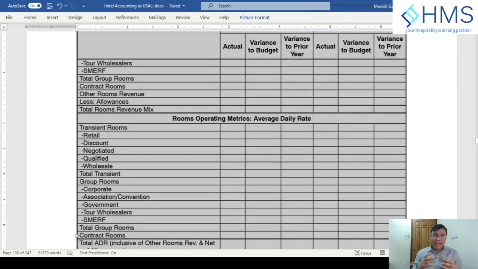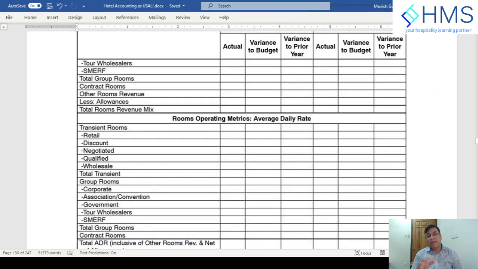The idea here is really to understand the revenue mix by each market segment or by sub segment. Usually for top managerial levels, we don't do market sub-segments; segmentation is enough. But the financial controllers, revenue managers, and director of marketing need to understand the sub-segments as well, so that they can explain why, let's say, the retail business has a variance from the budget, or from the previous year,